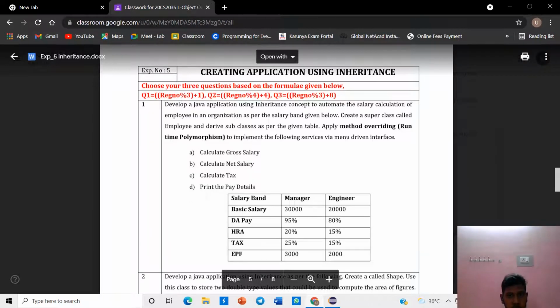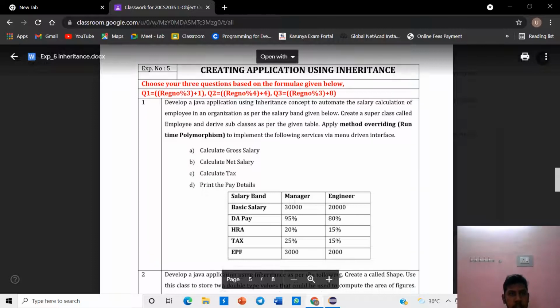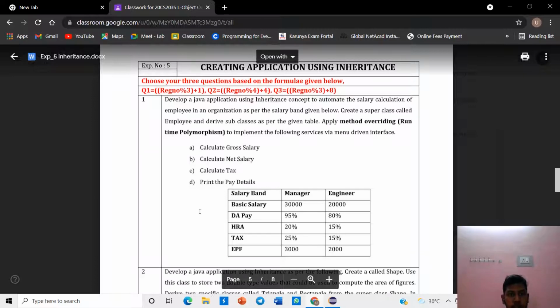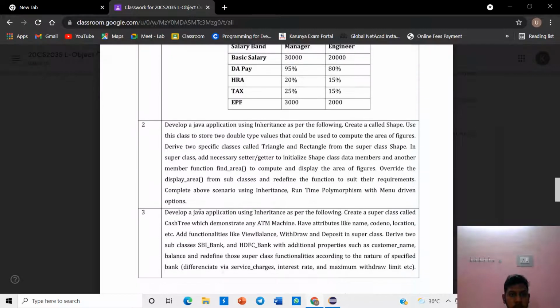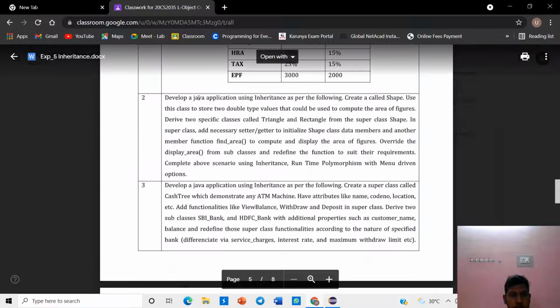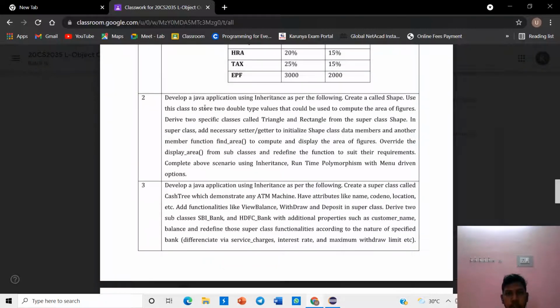You are K20CS307. In this video, we are going to see about creating an application using inheritance. In this, using the formula, I got the 279 program. The second program is to develop a Java application of the inheritance concept, and we create a shape